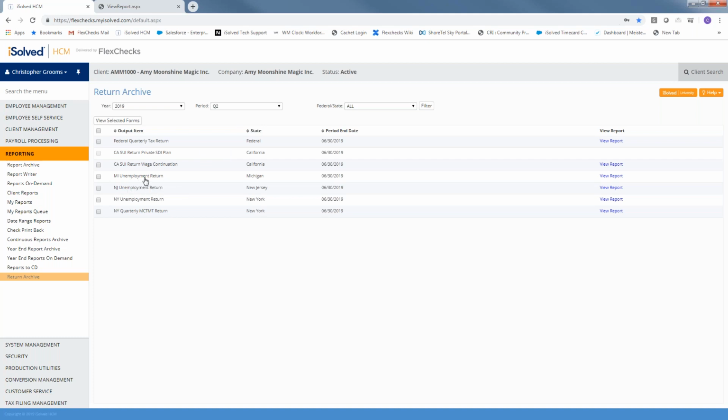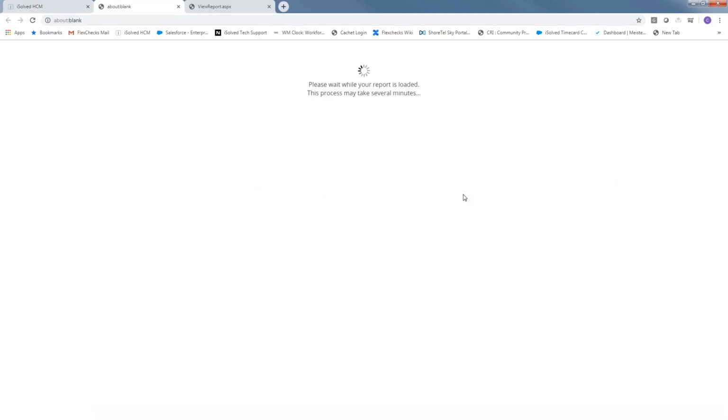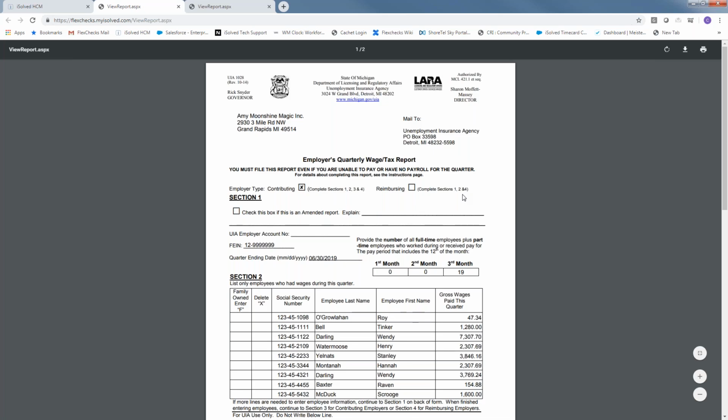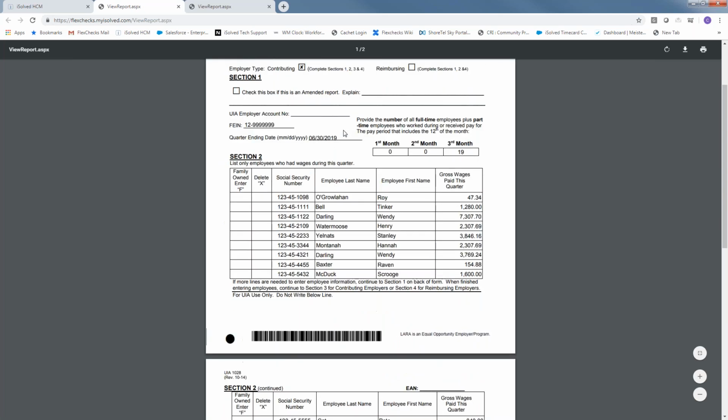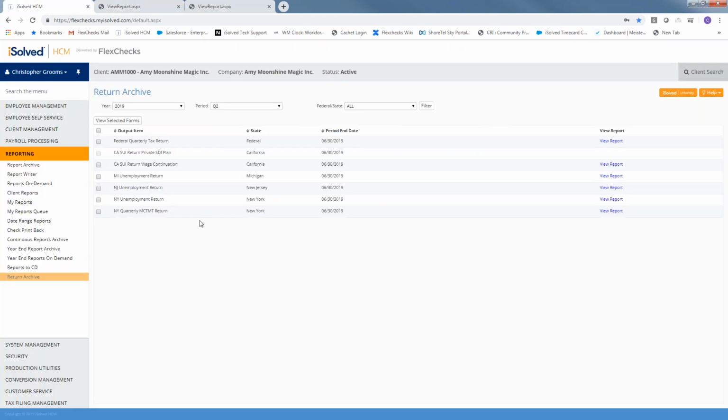So then again, right here, the Michigan unemployment return, same thing. We go ahead and click on View Report. And that's going to open that report up in a nice PDF format. You can see that's the entire Michigan unemployment return. Now, let's say you needed to